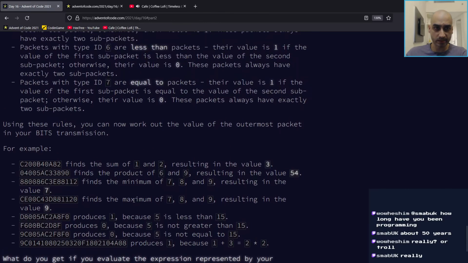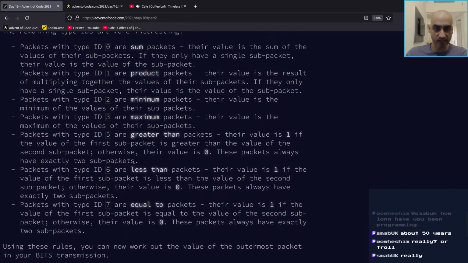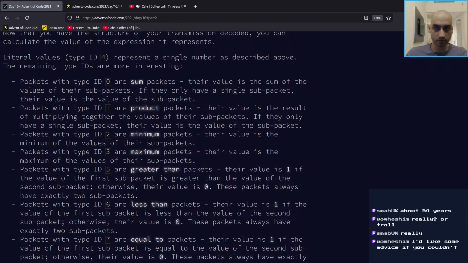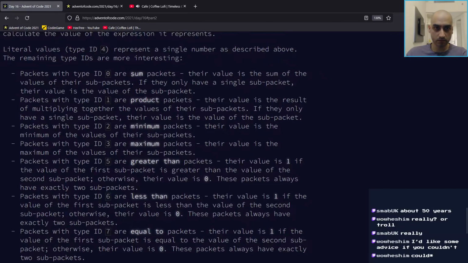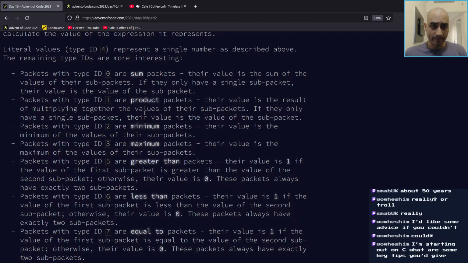Alright, so we basically have to... In most cases, it's going to be operators of 2 values. And the minimum and maximum. Okay, now I see why... Well... Yeah, okay. Alright,